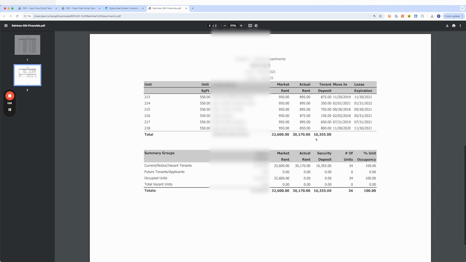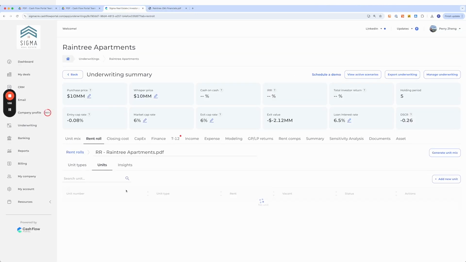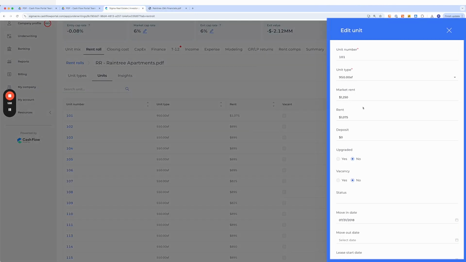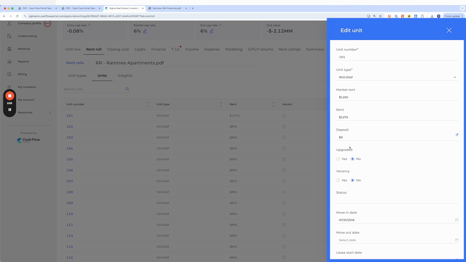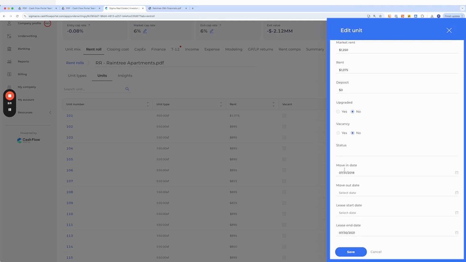So we are smart enough to do that. That's really cool. And if you go into each of the units, if you click into 101, you can see that 101 is this unit type. This is the market rent. This is the actual rent. Deposit, upgraded, vacant. Move-in day is